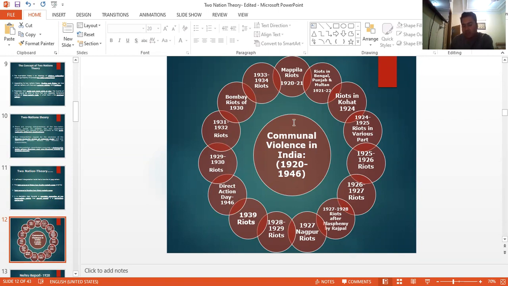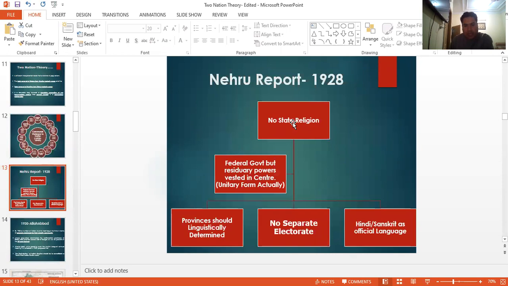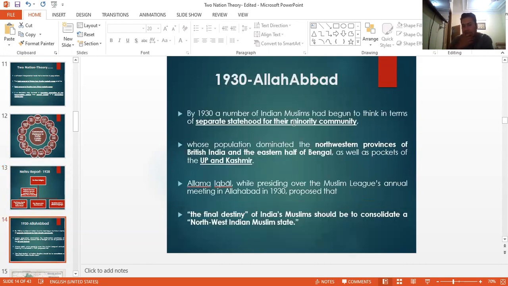So this was one of the factors which pushed the Muslim leaders to push for the two nation theory. As we also discussed in the previous lecture, another factor which exposed the Hindu mentality in the subcontinent was the Nehru Report. In it, Nehru and Nehru's Congress demanded Hindu dominance in the electorate, Hindu dominance in language, Hindu dominance in provincial autonomy. So they actually wanted to be dominant, which, of course, was not acceptable for the Muslims. And that was the reason that Quaid-e-Azam Muhammad Ali Jinnah came up with 14 points, which we discussed in the previous lecture. Then in 1930,